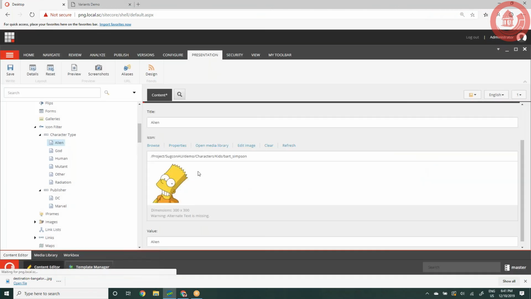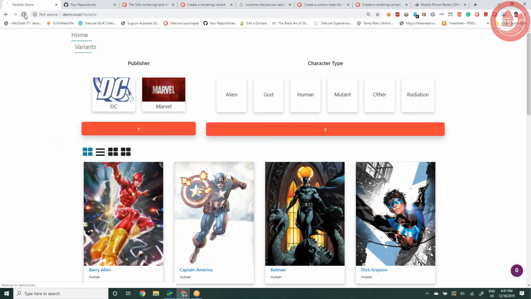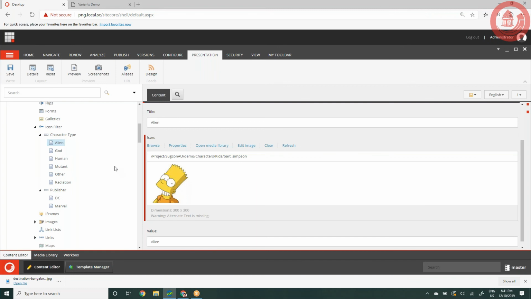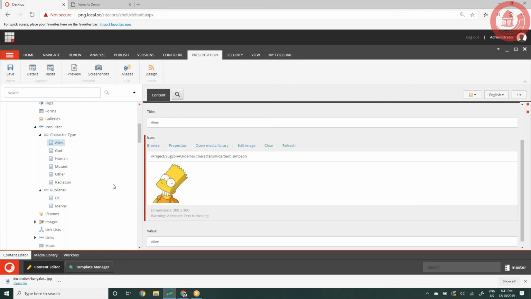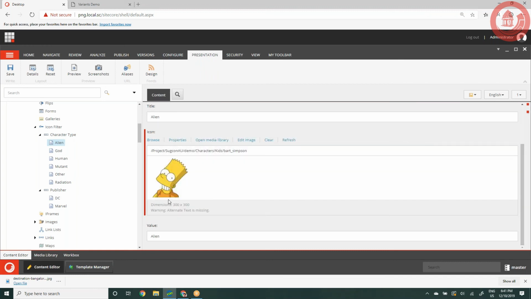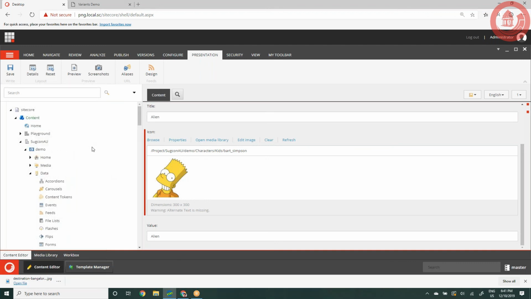Let's put this, save this, and oops, I have to. Yeah, okay. It won't show because I'm using a variant text only. But if we want to make it happen,